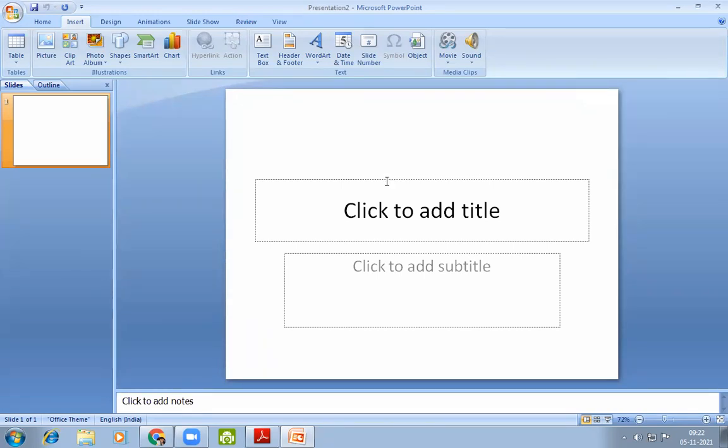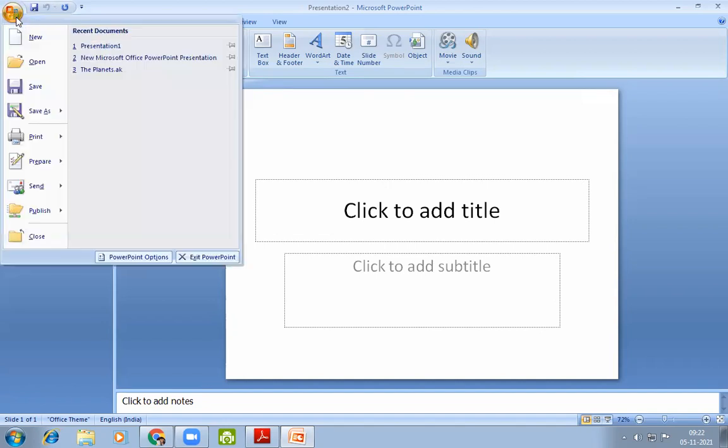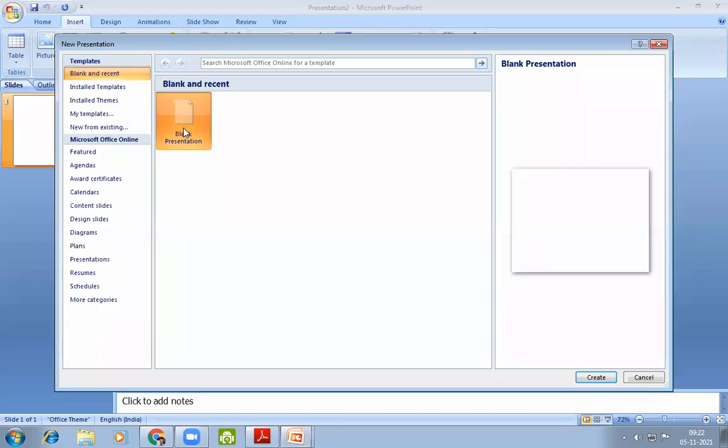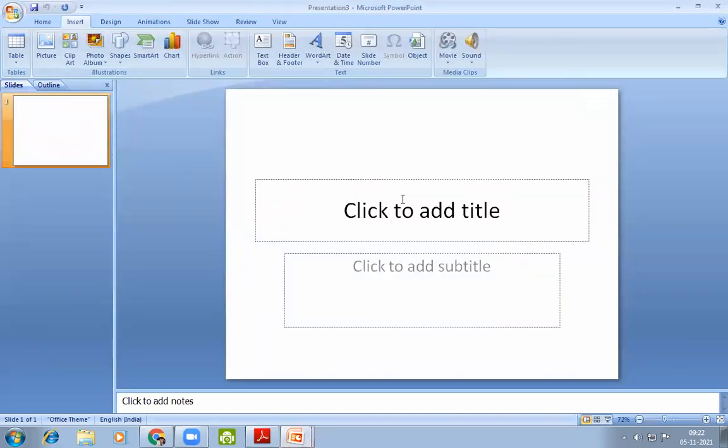Now, to delete a slide, for example, we have created this type of file.